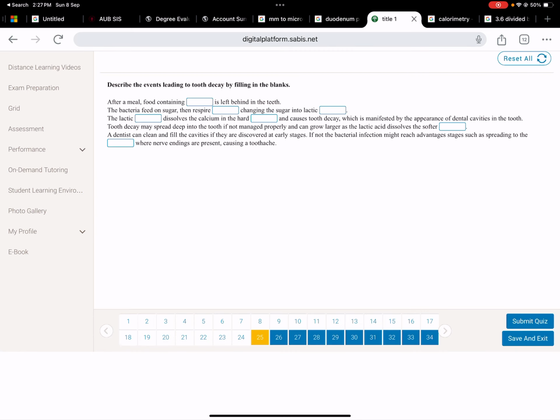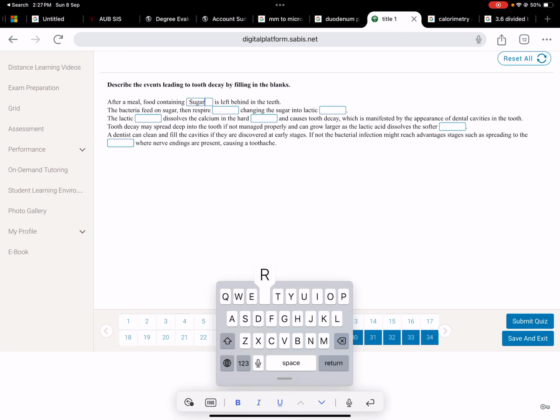After a meal, food containing sugar is left behind in the teeth. The bacteria feed on the sugar and then respire without oxygen. What do we say when they respire without oxygen? We call it anaerobic respiration. So they respire anaerobically and change sugar into lactic acid. And this lactic acid dissolves the calcium in the hard enamel and causes tooth decay, which is manifested by the